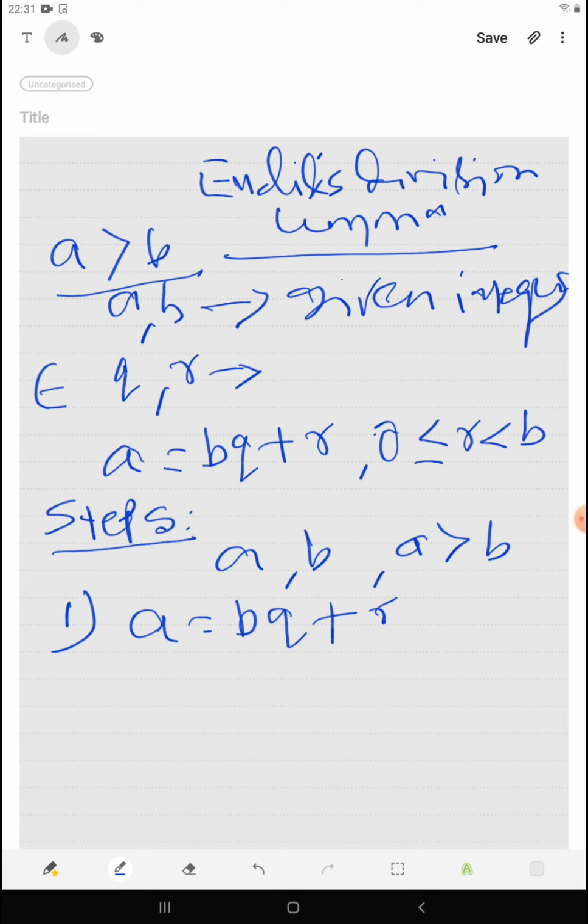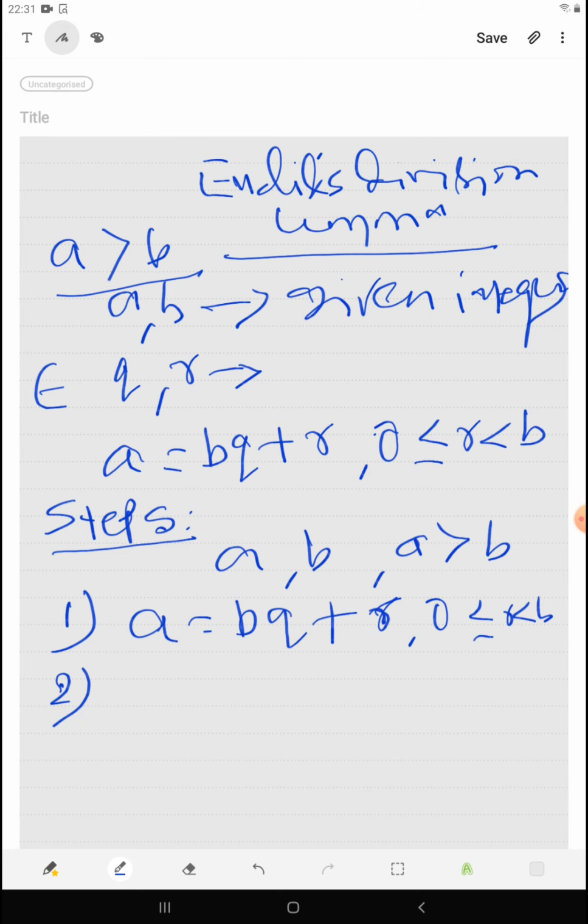Okay, represent a equals bq plus r such that 0 is less than or equal to r is less than b. Okay, the second step says... so this is our first step, a equals bq plus r. So this is the thing, once we are done with it,